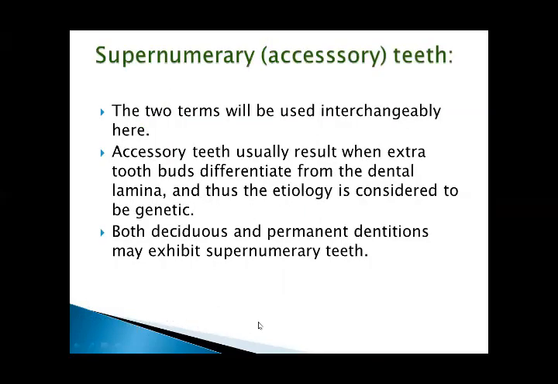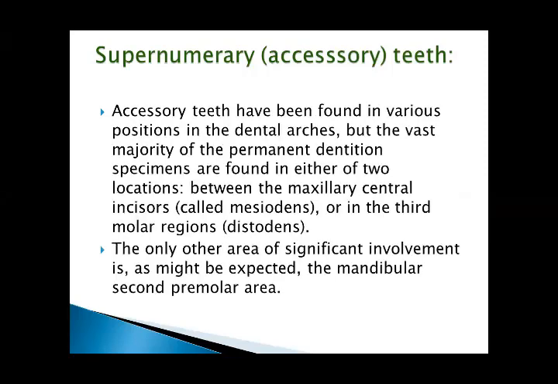The two terms will be used interchangeably here. Accessory teeth usually result when extra tooth buds differentiate from the dental lamina, and thus the etiology is considered to be genetic. Both deciduous and permanent dentitions may exhibit supernumerary teeth. Accessory teeth have been found in various positions in the dental arches, but the vast majority of the permanent dentition specimens are found in either of two locations: between the maxillary central incisors, called the mesiodens, or in the third molar